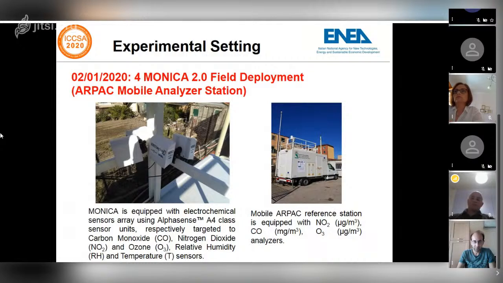In this specific deployment, 4 MONICA nodes have been co-located starting in February 2020, together with a mobile ARPAC reference station. ARPAC is the Campania Regional Agency for Environmental Protection,